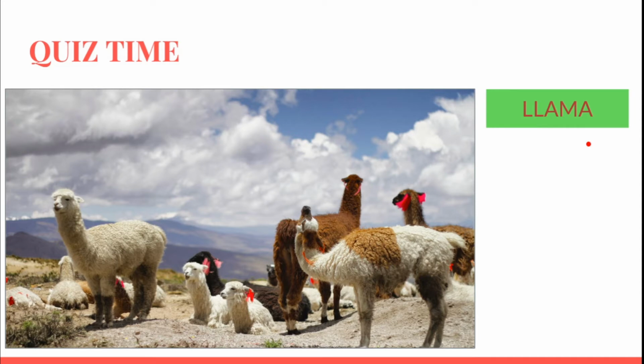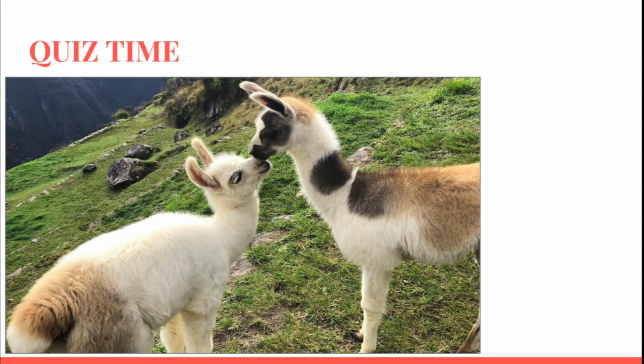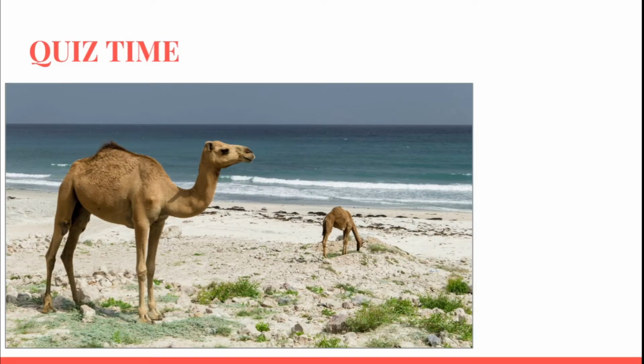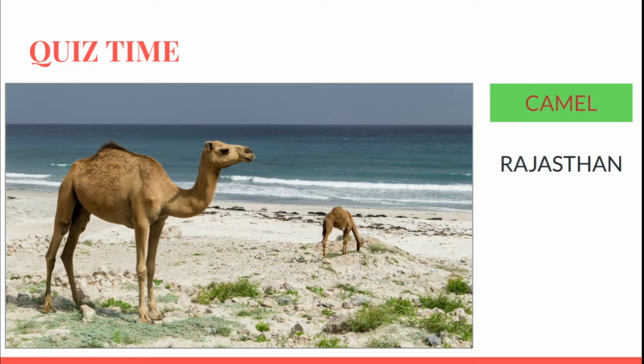And this animal is found in South America. And there is one more animal which is found in South America. Can you identify this one? It's called alpaca, and this animal is also found in South America. The last animal. This is very easy. You can easily tell that this is a camel, and you find it in Rajasthan. In fact this picture shown is not from Rajasthan, because you don't have a seashore in Rajasthan. So this picture is taken somewhere in Australia. So this camel is found in many other countries as well, for example Australia, Saudi Arabia, etc. Right?